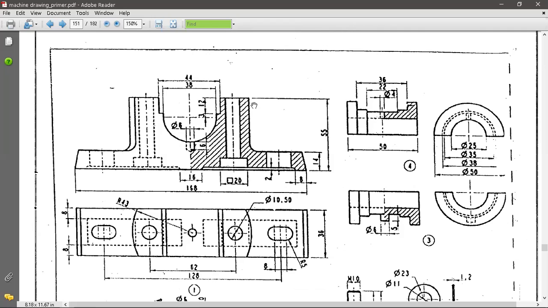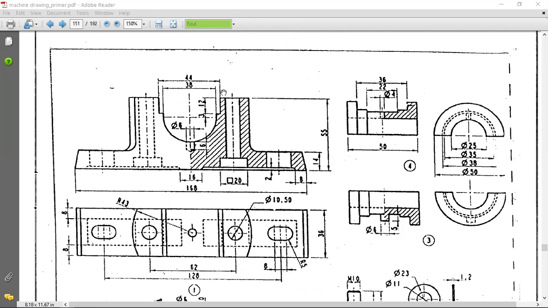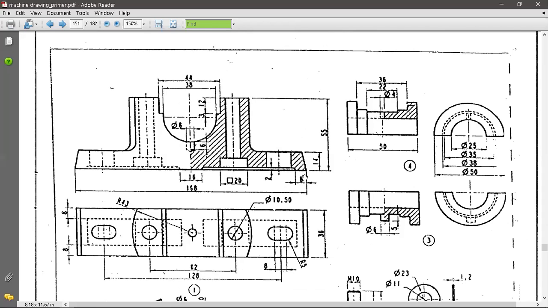That is 55, 44, 38, 12, 3, dia 6, depth 6, and this is the portion to fit the bolt here, and this is an elongated hole. This is one feature.